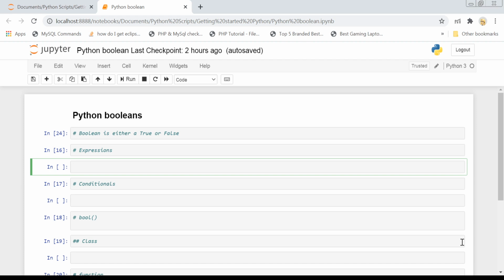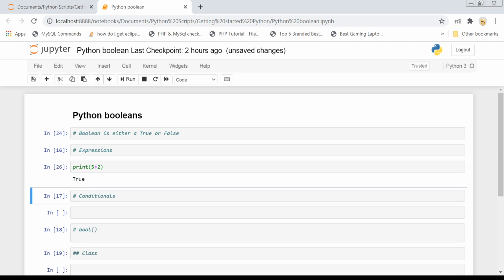I don't want to complicate it further, I will just show you. For example, if I create an expression here, print 5 is greater than 2. This is an expression, and you are comparing two values in it. When you evaluate this expression, the answer is always a boolean.